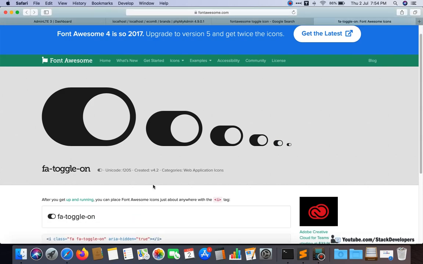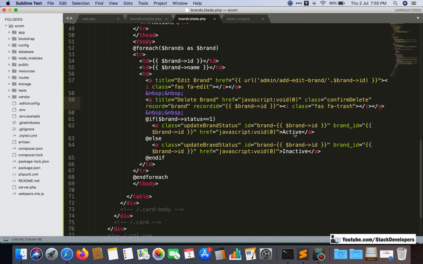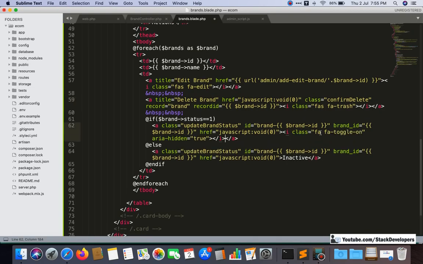This one is the icon, so I'm going to copy it and use it in place of active, and instead of FA I'm going to use FAS, like we used earlier: FAS fa-toggle-on for active. And see, here I need to give active inactive as well, because otherwise it is not possible to use it. So I will give it status as active.